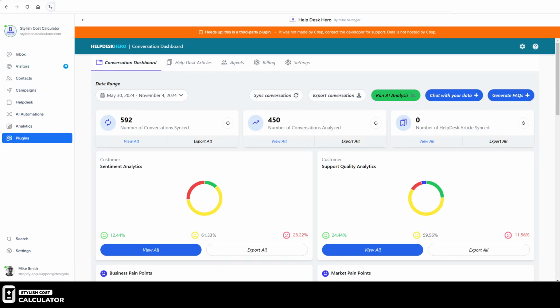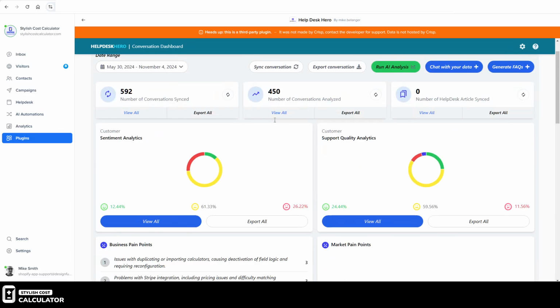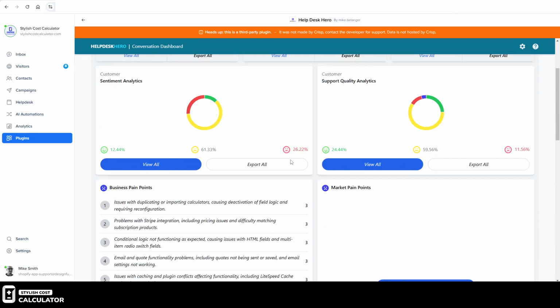Welcome to HelpDesk Hero, an AI live chat conversation analysis software which you can sync with your favorite live chat app. Right now, currently only for Crisp Live Chat. You grab all the conversations, you send them to AI for analysis, and then you get great, game-changing statistics